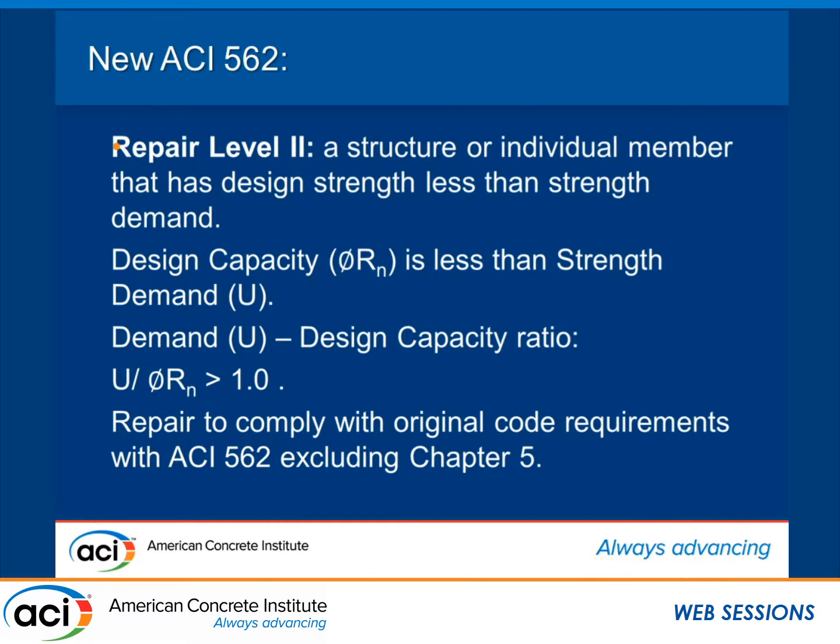There is another level that we have left open to the licensed design professional to interpret for himself, but this is a range where what I'll refer to here as a level 2 repair, where a structure or individual member has a design strength less than the strength demand. This is what you normally design for in 318. You always have a strength capacity greater than the demand. If it's less than that, then you're into a range of questionable safety,